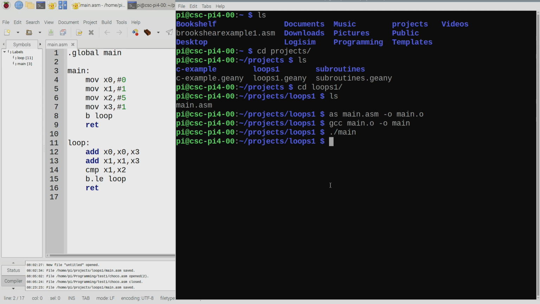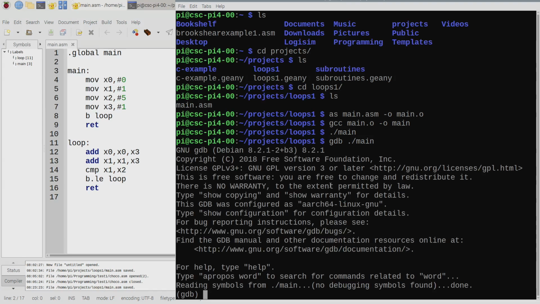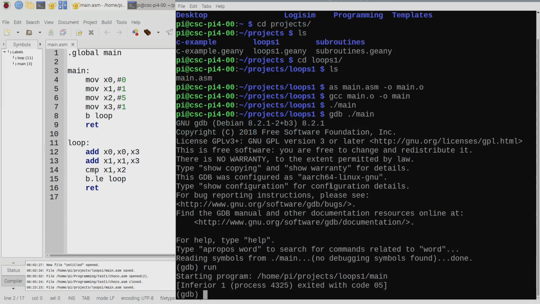happening. In order to do that, if we just did GDB main as is, as you guys probably discovered, what happens? Right? So if I do this, okay, it will run, okay, and here at the very bottom, you see it says inferior one process, blah, blah, blah, exited